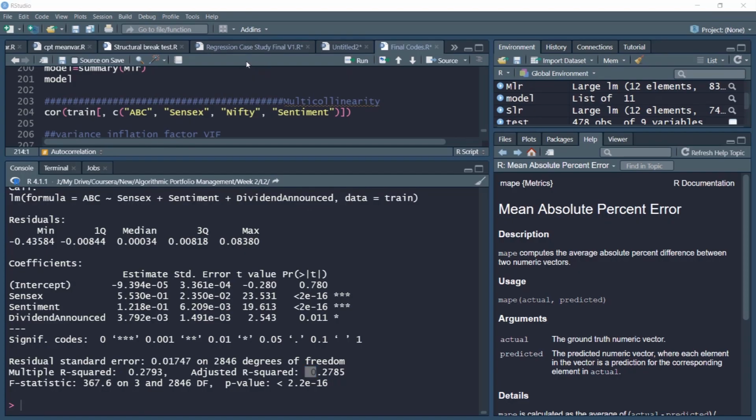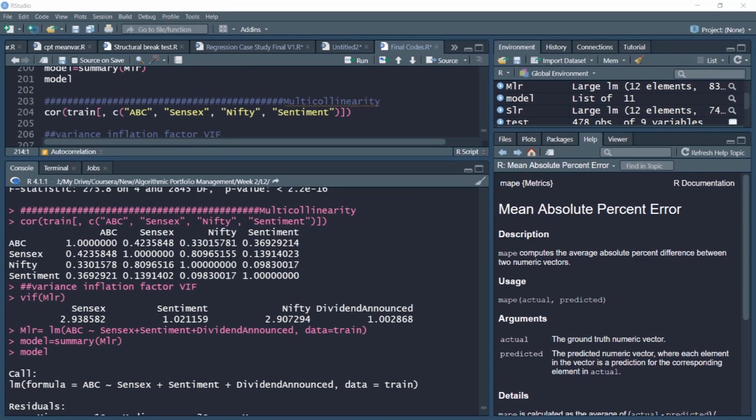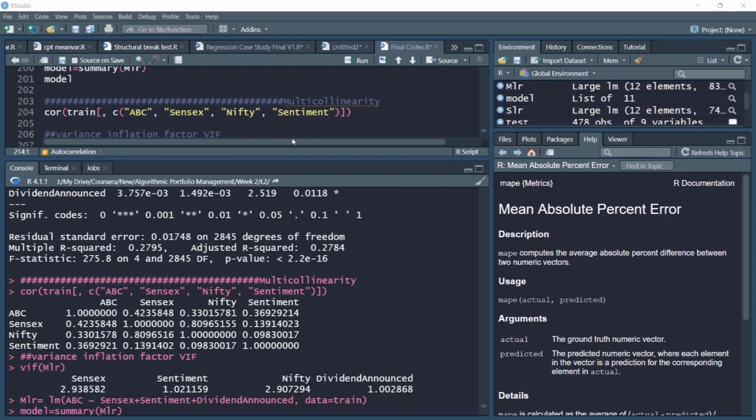To summarize this video, we noted that when we computed the correlation matrix, we found that the two market variables, Nifty and Sensex, were heavily correlated with a correlation of almost 80%, indicating the chances of multicollinearity, which we further examined with our variance inflation factor, VIF. And VIF suggested that indeed the Sensex and Nifty variables are afflicted by the issue of multicollinearity. So we removed the Nifty variable and then again trained our model, and the model output is reviewed in the discussion.